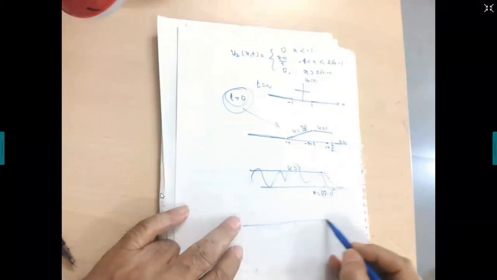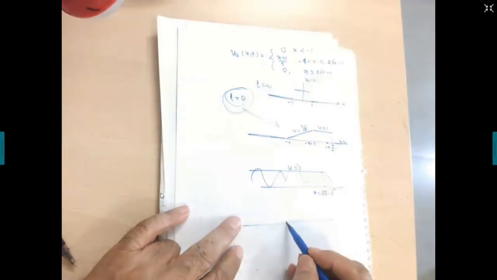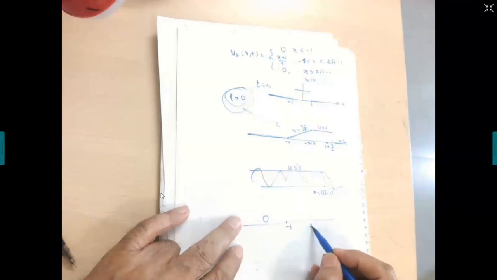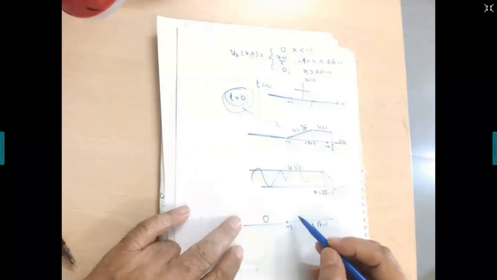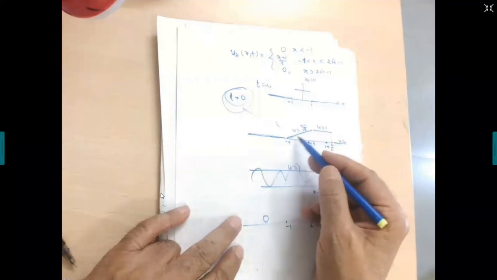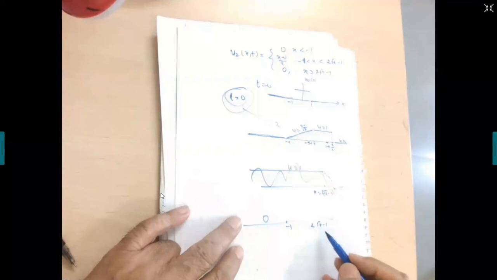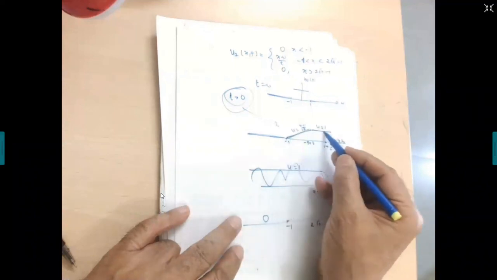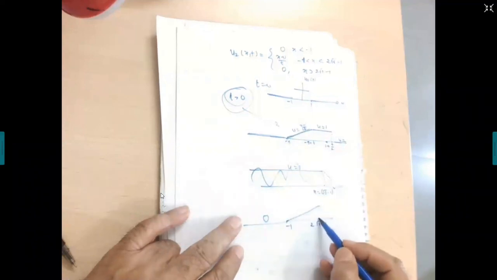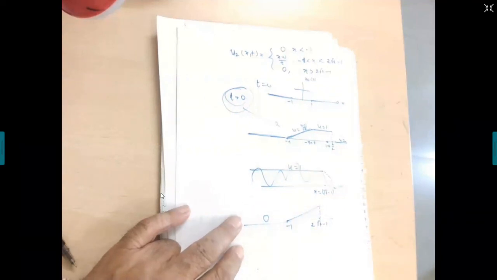So from minus 1, it is 0. And minus 1 to 2 root t minus 1, it is x plus 1 upon t. So the slope is changed. Can you see here? The slope is changed. Look here, this is the slope. Here it becomes a straight line from here to here, and then there is a breaking, and this is u is equal to 0.